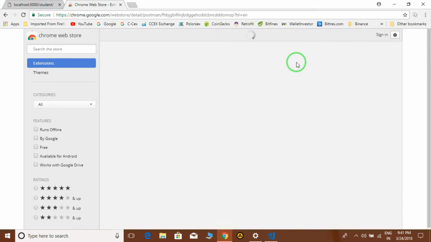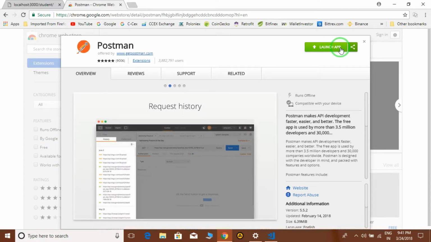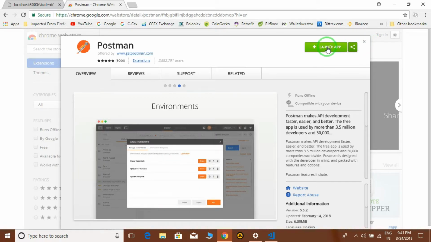Because I have already installed this, here we have a launch app button. But if you have not already installed it, it will show you install or add-on. So click on this and it will install on your machine. Because I have already installed it, there is no need to install. I will click on this launch button, and it will start.